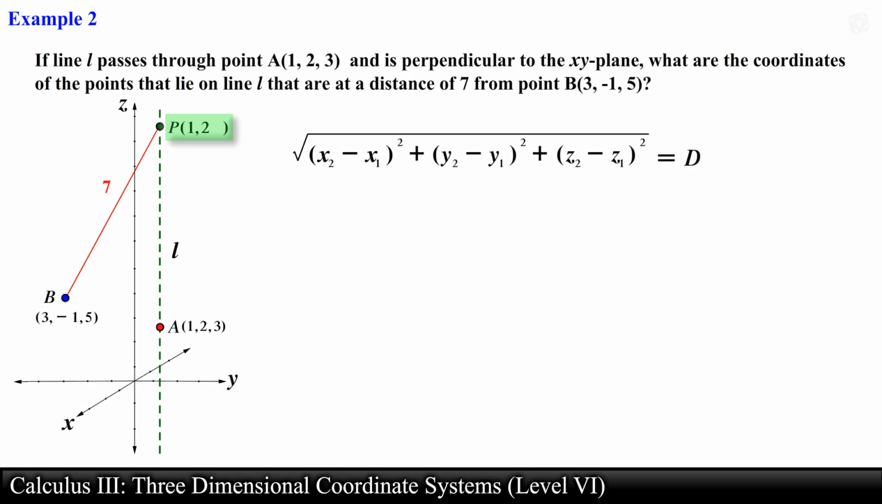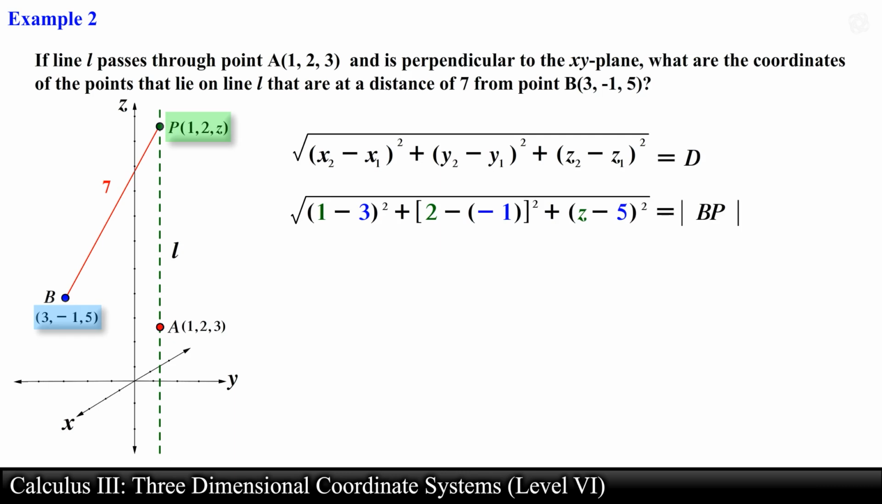Since the values of z can change, we will assign the variable z as the z coordinate for point P. Now that we have values for the coordinates of point P, let's go ahead and apply the distance formula. Substituting the coordinates for point P and B, we have the following. We also know the distance from point B to point P has to equal 7, so we set this expression